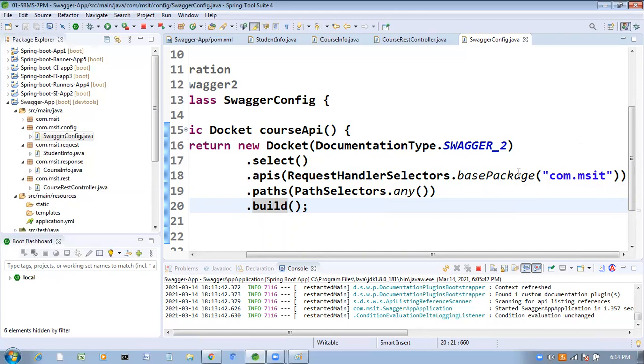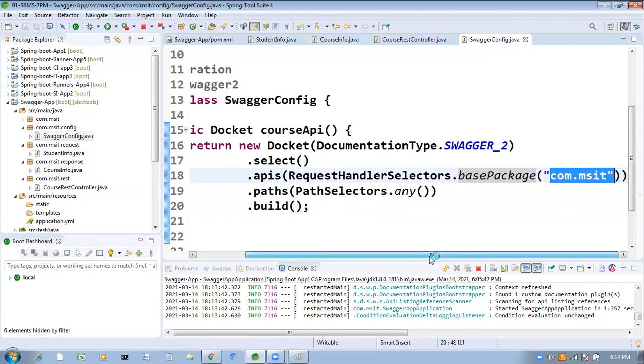For all those REST controllers, it will generate and build the documentation by using that plugin, for all the REST controllers available in this base package.